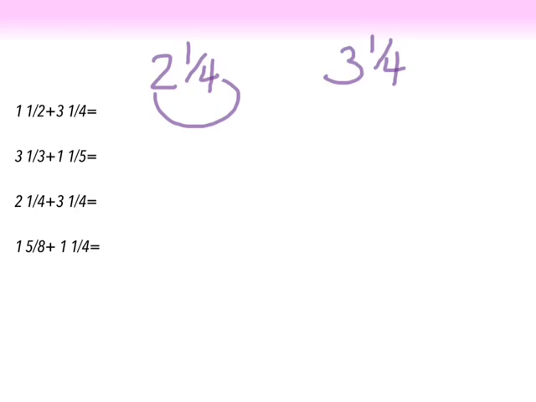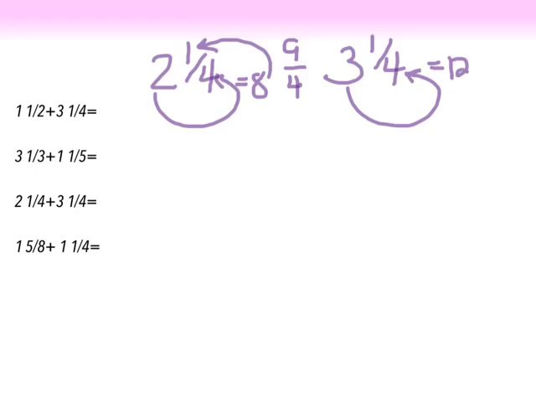So, 2 times 4 is 8. 8 plus 1 is 9, so I have 9/4. 3 times 4 is 12, plus 1 is 13. So I have 9/4 plus 13/4,